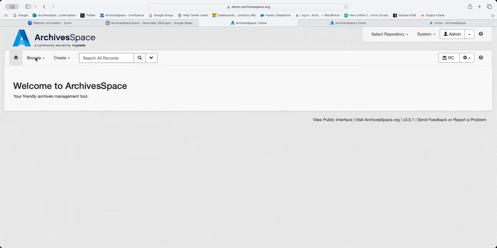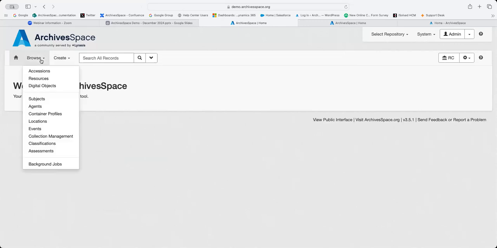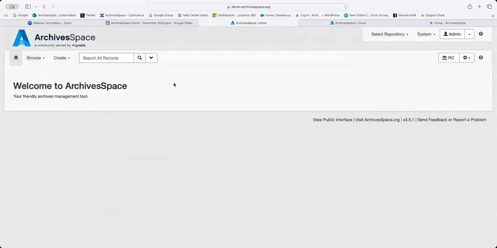Once your records have been created and are saved within your system, you also have the ability to browse records. So you would only be able to browse a record you'd saved, but any records created within ArchivesSpace can be found via browse. And I'm going to use browse in just a moment, so I'll leave that there for now. And then the final thing I wanted to point out within the staff user interface is the ability to search.